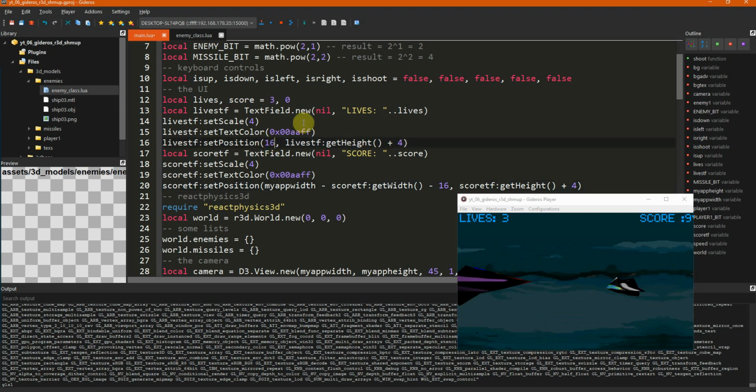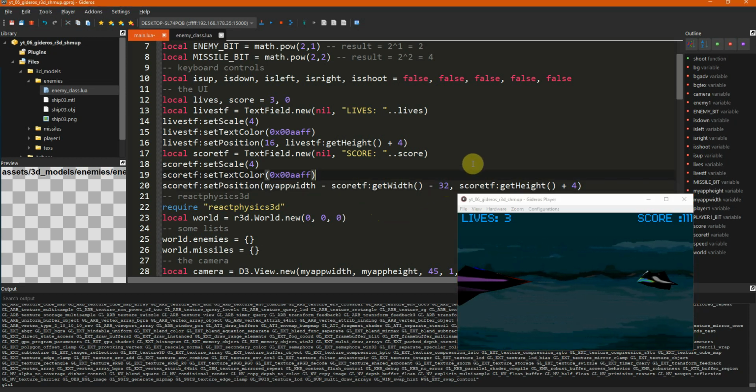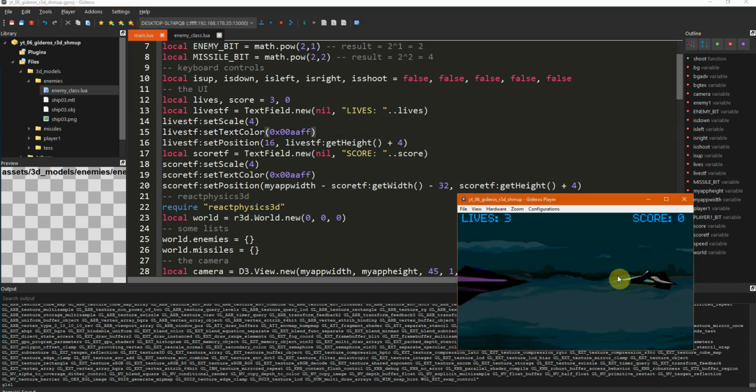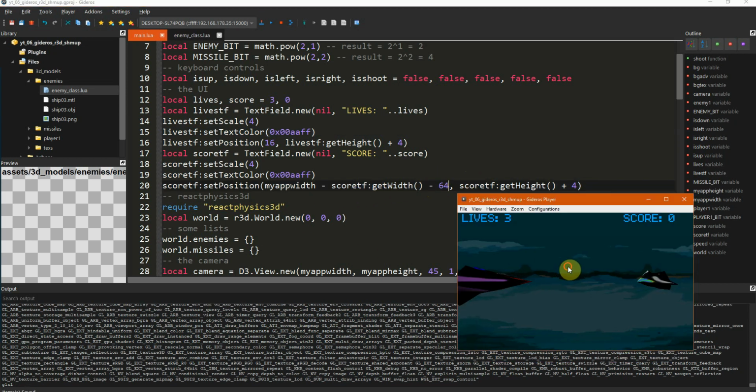Let's make it 16 here as well. Now when I hit, 16 is not enough, let's make it 32, and to have the same padding, okay, leave it here. Now when I hit, oh, that's not enough, 64. Okay, we may need to change it more.